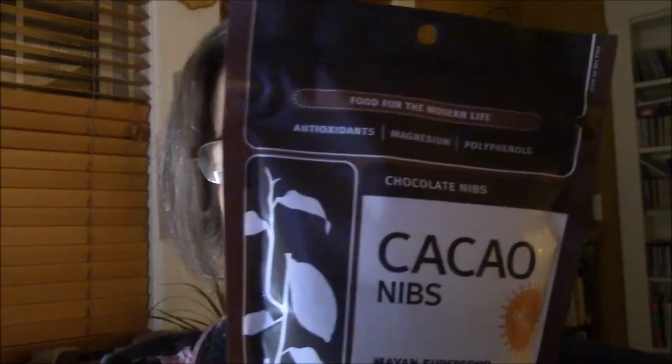And, you know, they've got all this stuff written on them. It's a superfood from the old times. Magnesium, antioxidants, polyphenols. Anyway, it's just a very interesting little addition. Oh, I'm hearing growling in the kitchen. Here's another one of my finds. Healthy Warrior, and this is